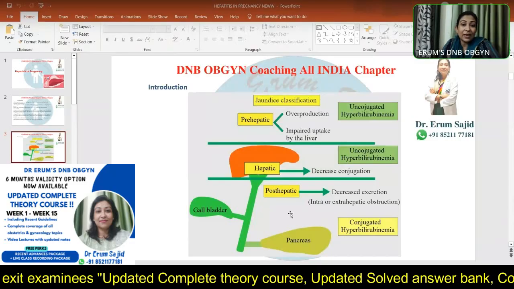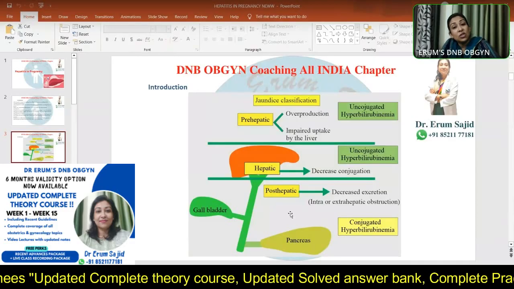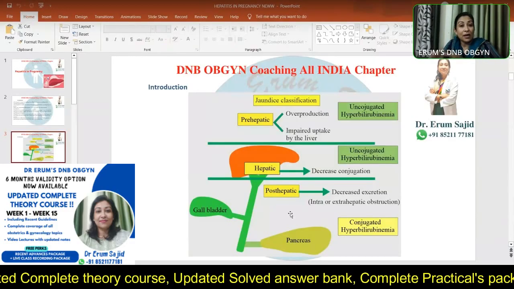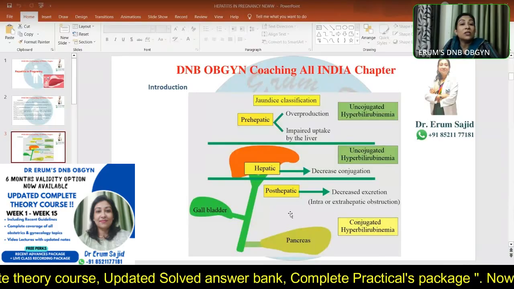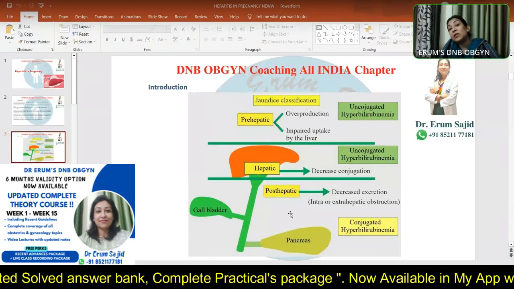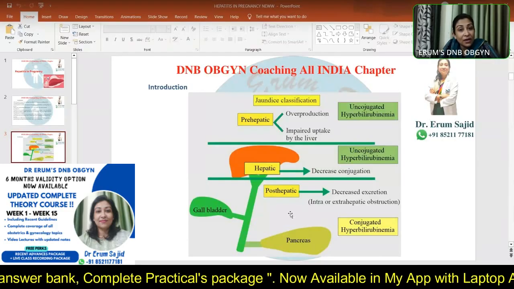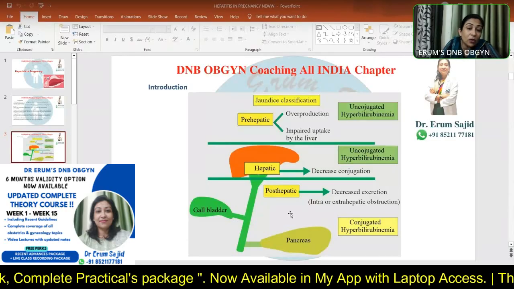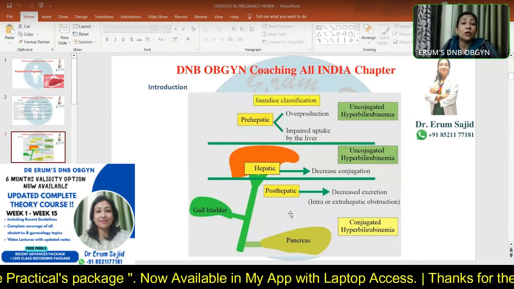In that case, do you start having this kind of discussion about whether it is pre-hepatic, or hepatic, or post-hepatic? What you first get to see is just the serology report that the bilirubin is high. Now, if bilirubin is high, you always see the TB and IB, right? Total, direct bilirubin or indirect bilirubin. So conjugated or unconjugated bilirubin.